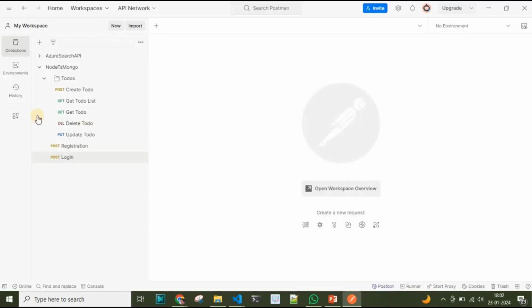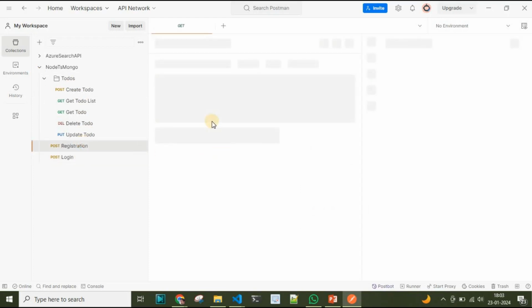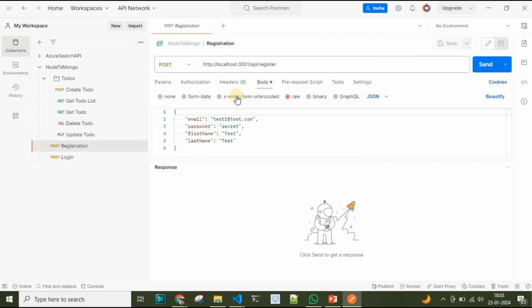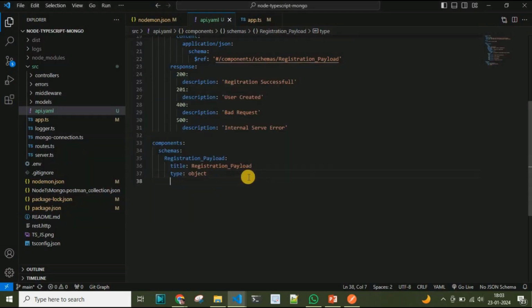If I show you the request body of the registration API from the Postman, you can see the registration API, we have the email, password, first name and the last name in the payload. So we'll define the same in our OpenAPI spec. So next the properties will be,